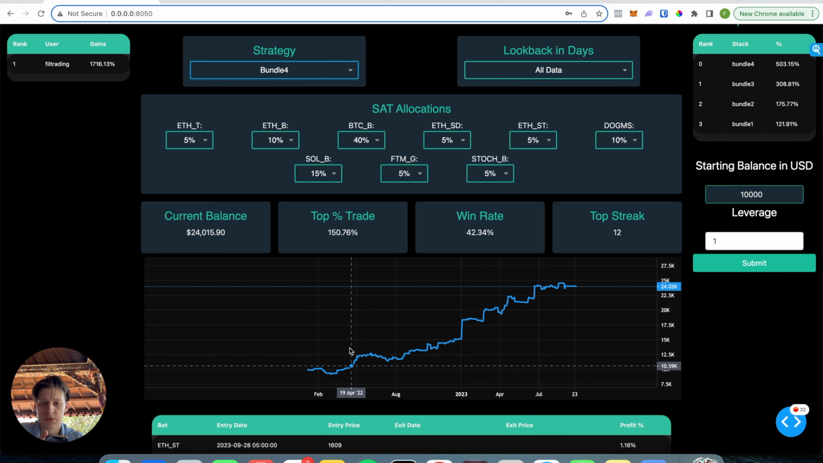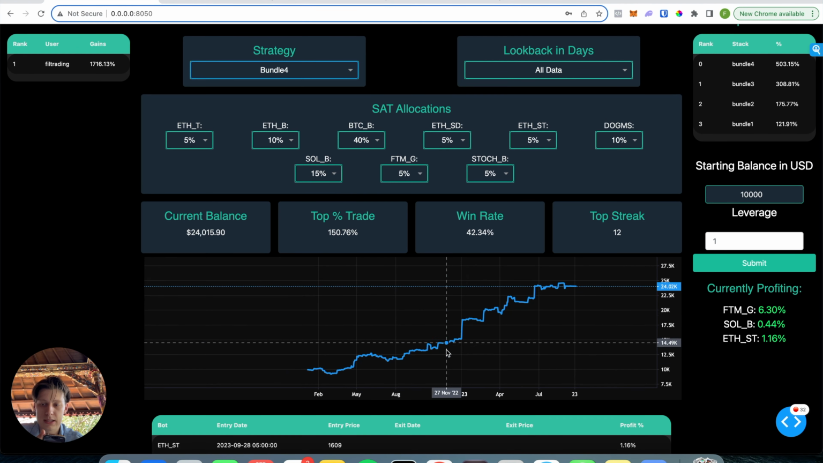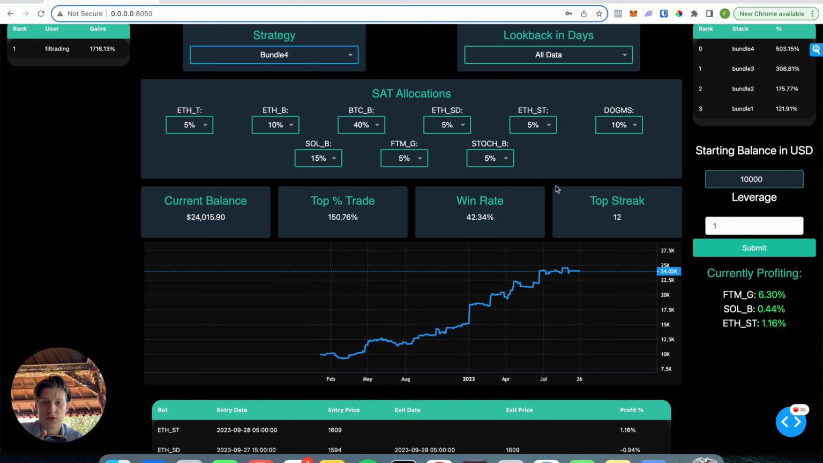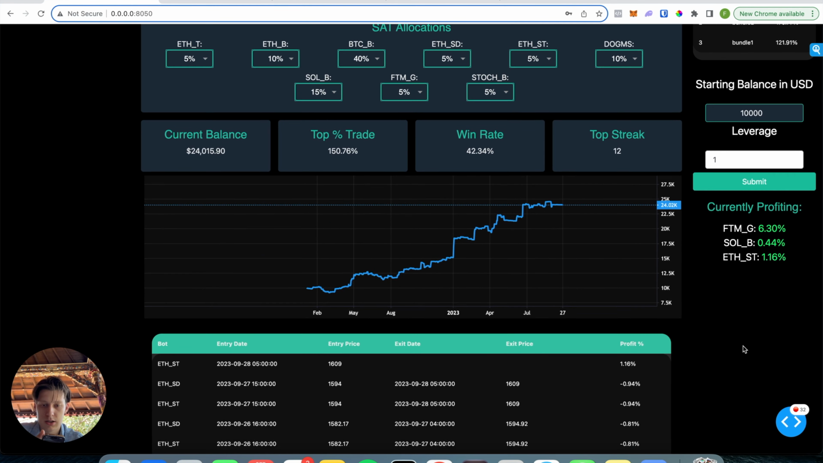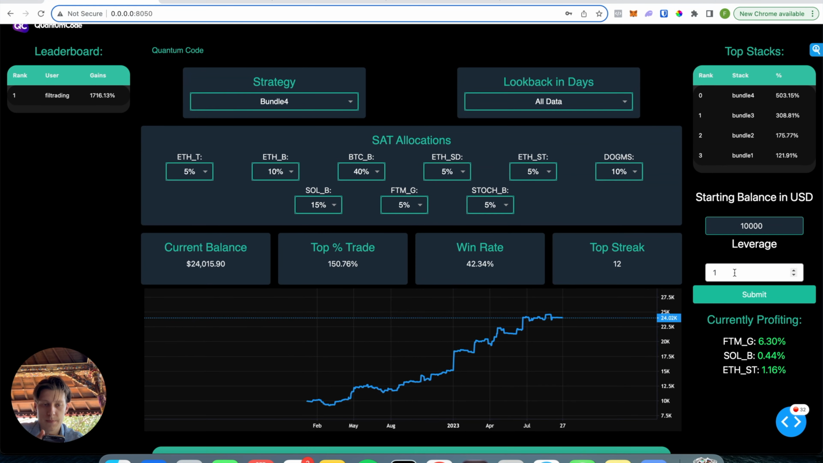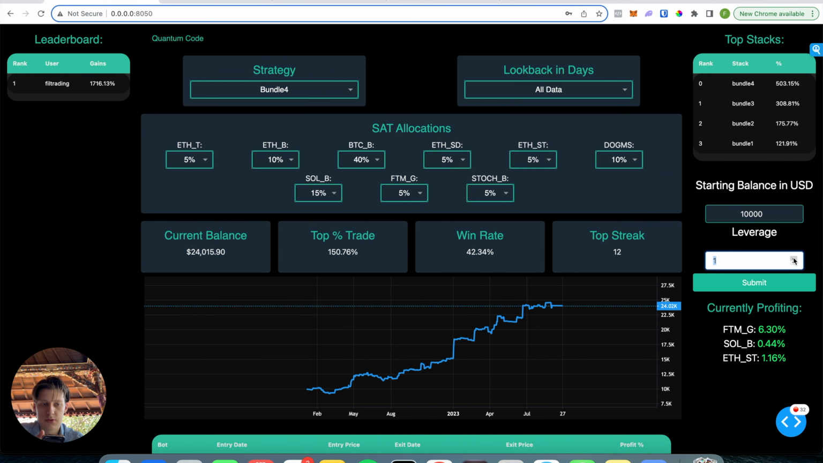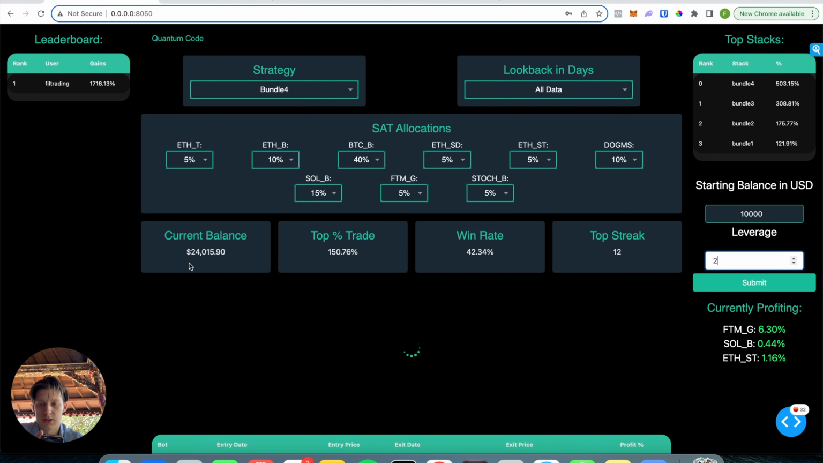This bundle, for example, you see it's more consistent. The volatility, the ups and downs are smaller. It's more of a straight line, and that is because there's a lot of strategies here, right? And here you can see what's live trading, which strategies are live profiting right now. Here you have your trades, and yeah, now when you increase the leverage, then you will see an increase in